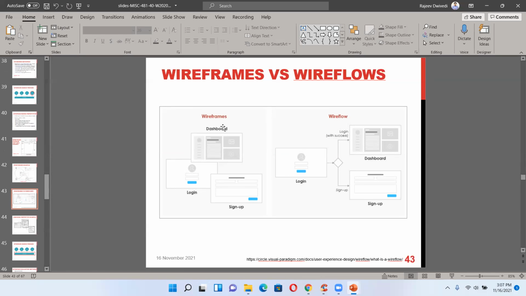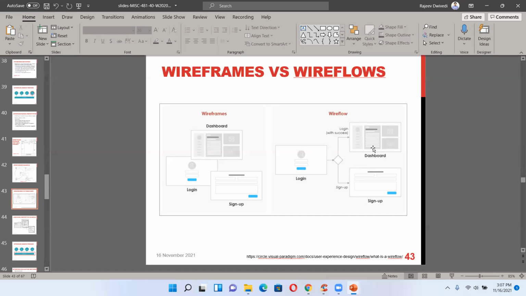So the wireframe is converted into a flow of the wires. If you have login, this is the first page option. And if you don't have the login, you go into sign up and then you access the dashboard.